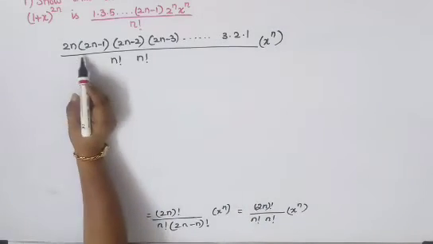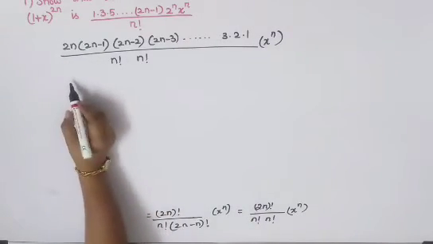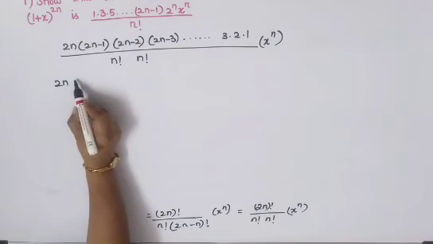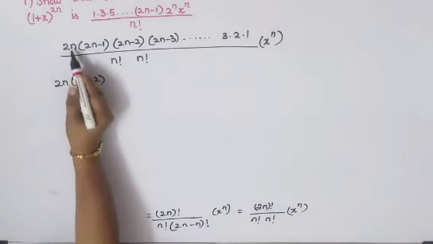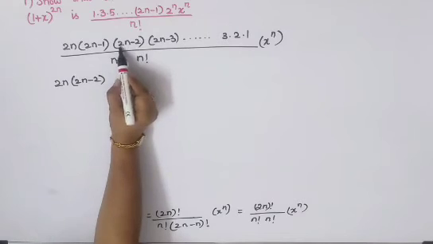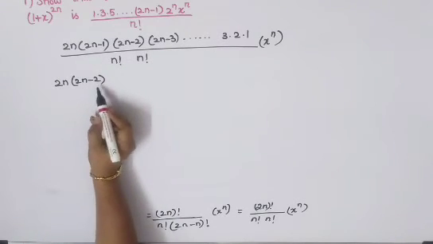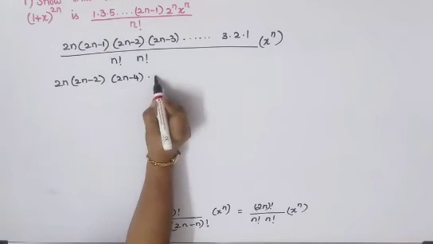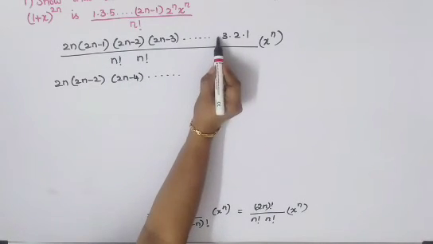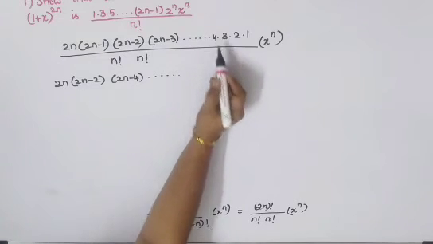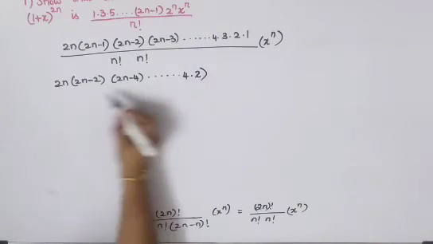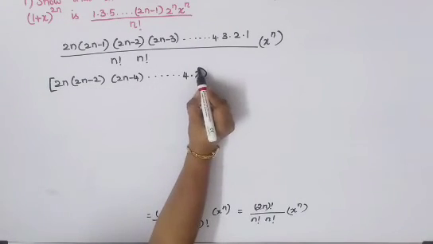So now we'll keep the even terms separately and the odd terms separately. Okay, so go to the even terms first: 2n into 2n minus 2. 2n is an even term, and 2n minus 2 again is an even term. So the next term will be 2n minus 4, etc. Here 3 is there; if you want, you can write 4 before also. So 4 is an even number, and next 2 is an even number. So I can close this bracket.